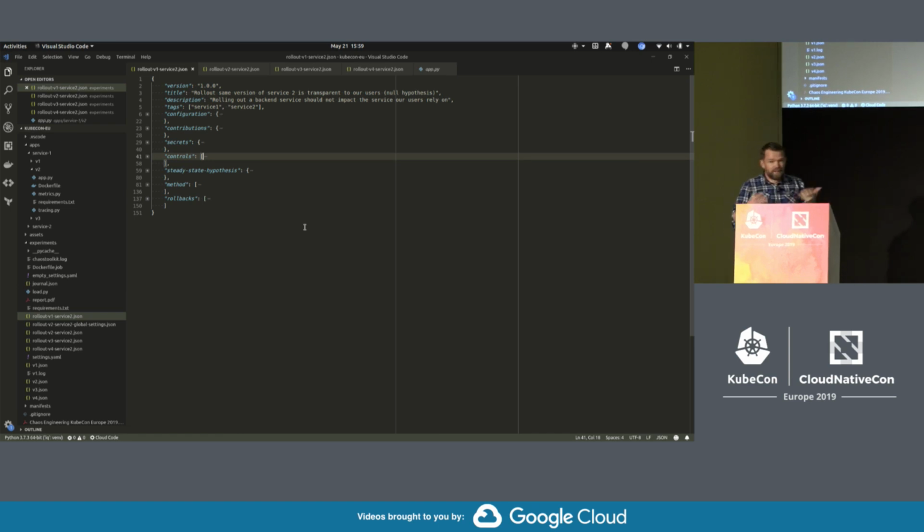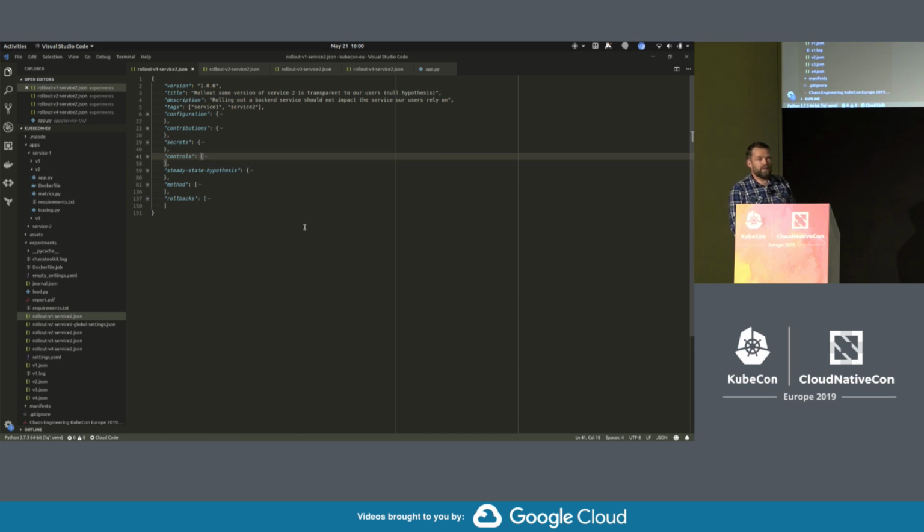But at that stage, you still haven't actually checked if you're in the right. The whole idea of chaos engineering is to start from a hypothesis, your question. If I do a rollout of a version that is safe, what should I see? I should expect that service 1 is deployed and service 2 is deployed and service 1 is a happy bunny. But what if, for example, you think, okay, what happens if I release a new version that is unhealthy?